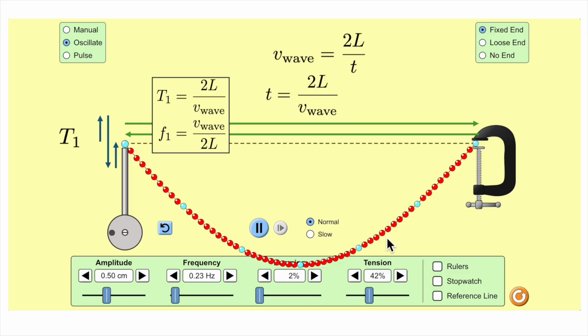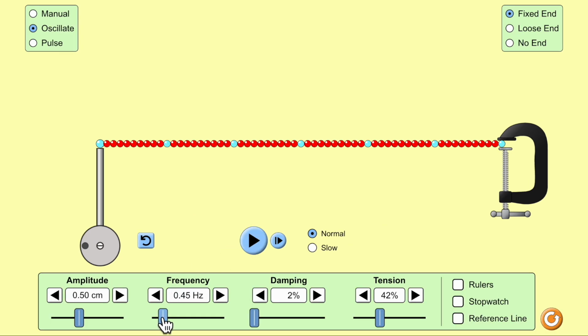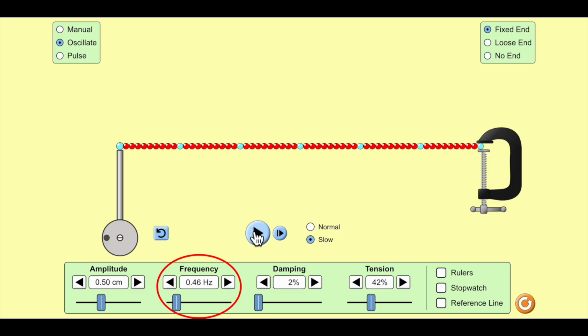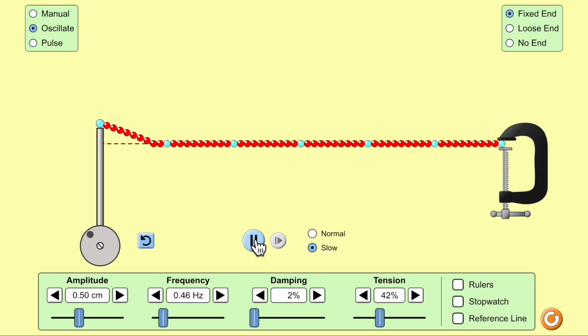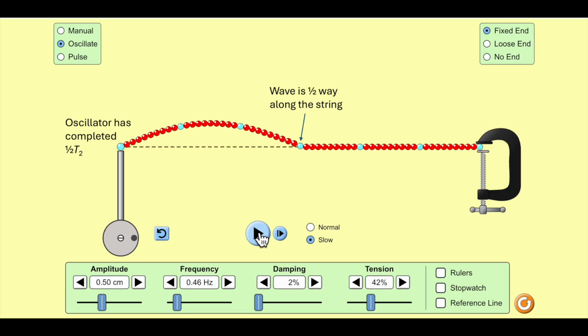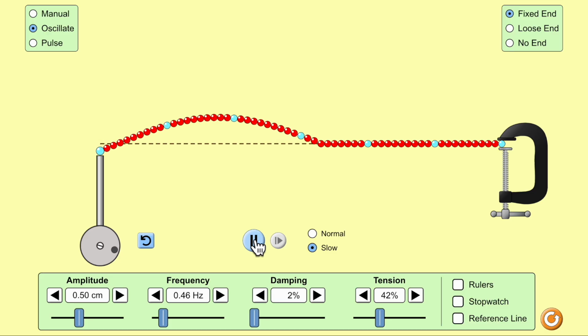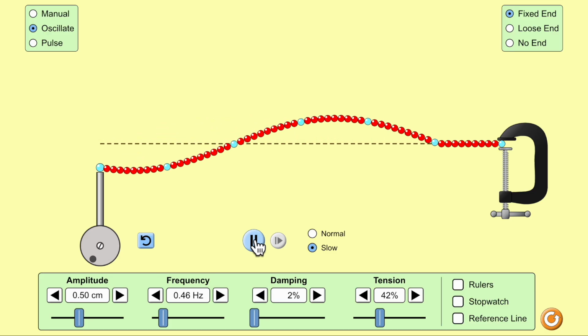In this way, the period and frequency of the first harmonic can be calculated. The frequency is the inverse of the period. Now think about what would happen if we doubled the frequency or halved the period so that the oscillator makes 2 complete oscillations in the time it takes for the wave to travel to the end of the string and back again. As before, we'll do it slowly and keep track of what is going on. In the time it takes the oscillator to do half an oscillation, the wave has traveled halfway down the string. In another half period, the oscillator has done one complete oscillation and the wave has